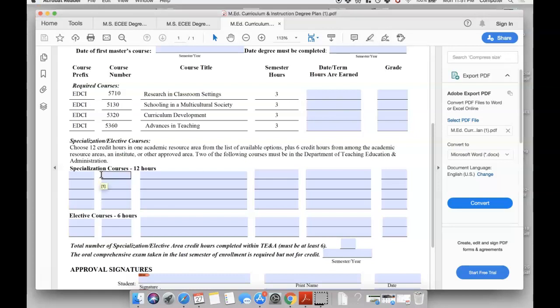Since you're specializing in early childhood, you choose 4 of those courses to put down the prefix, the number, the course title, the semester hours, which is always 3, the date that you're planning to take it, and then 2 elective courses. So for students who are doing this program, it is vital that you meet with me to talk to me about what you're planning to take. So that way we're on the same page, we've got you covered,